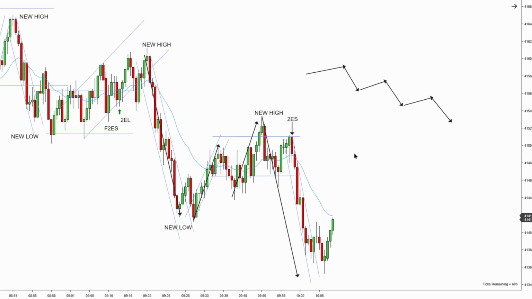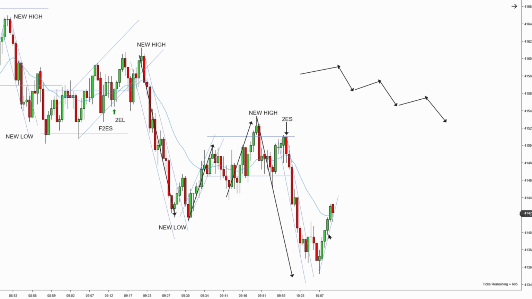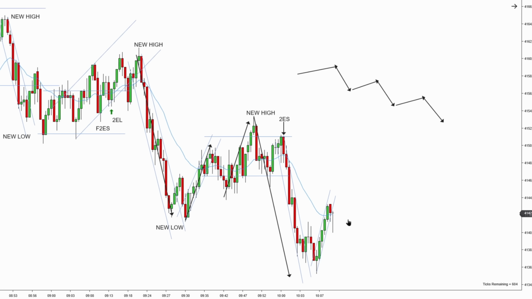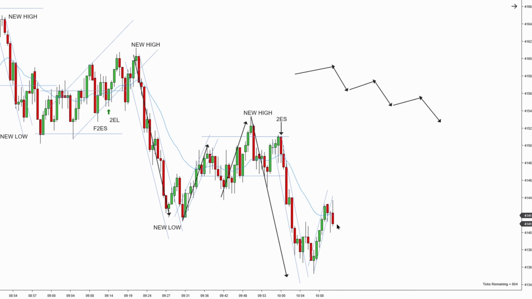Okay, so let's talk about what's happening here. So we have an uptrend working higher. Notice 5 consecutive bullish bars pushing above the EMA. One very steep leg, first entry short, and you have a second entry short. Now, even though this is looking tempting, I cannot go short just yet. First of all, the EMA is in the middle of these bars.